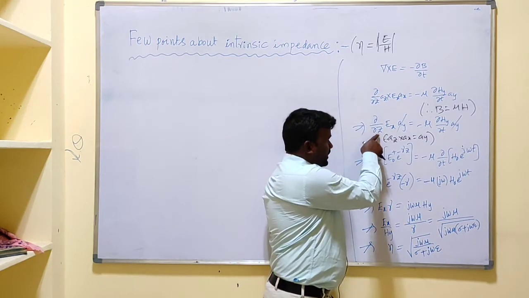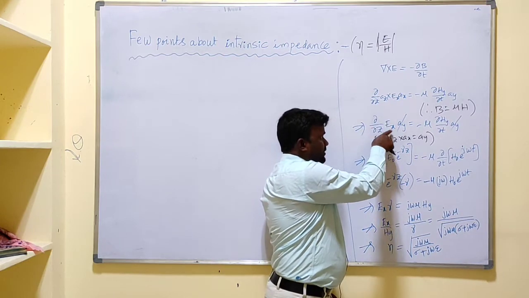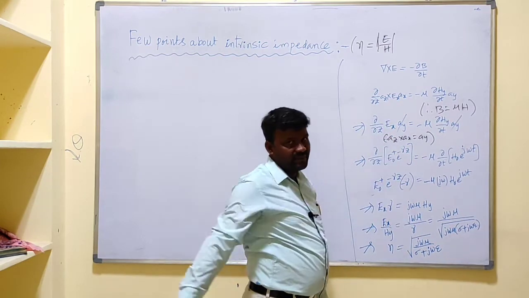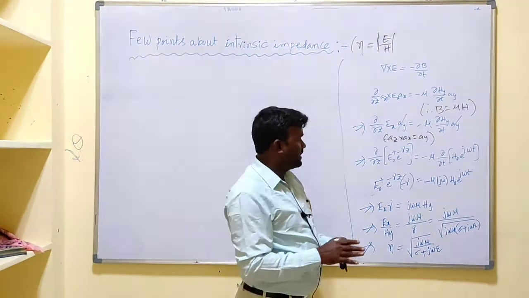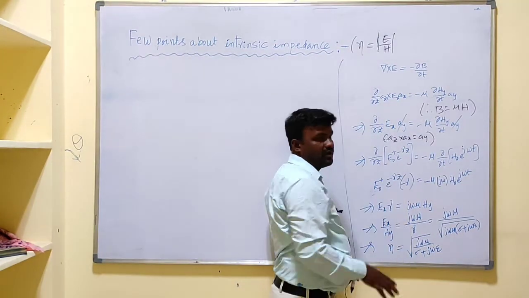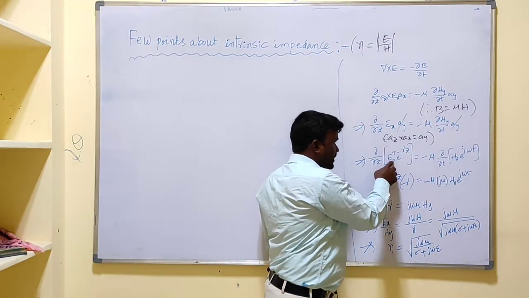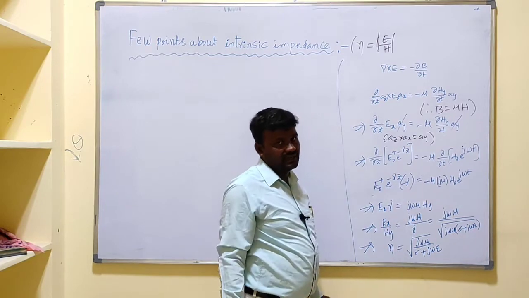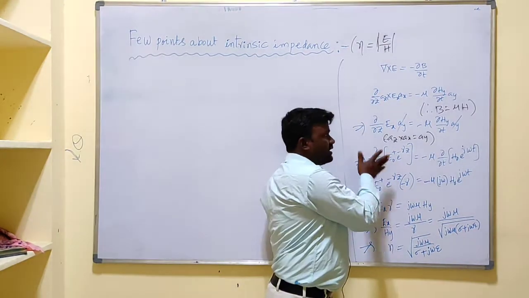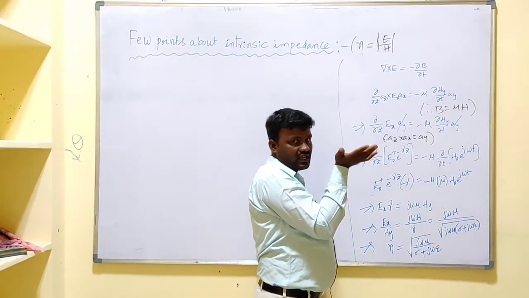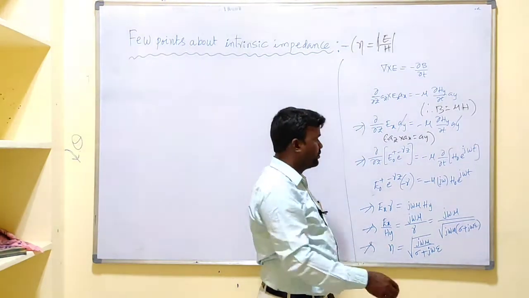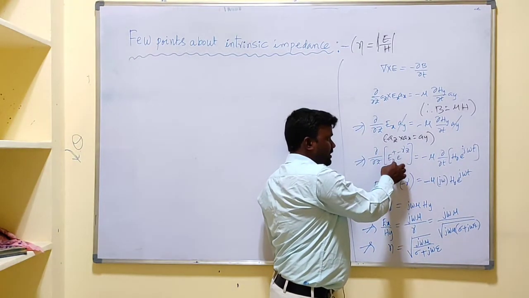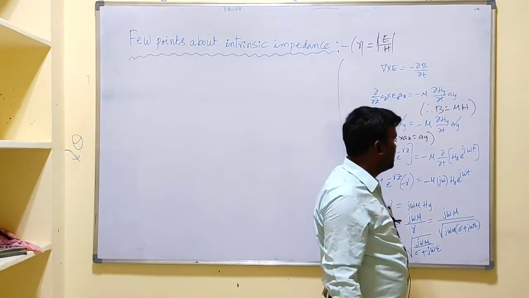And we need to take the variation of E with respect to z. That means, as the wave is traveling along the z direction, the solution of the wave equation is given by, for the forward wave, E naught plus e to the power minus gamma z. As we consider a traveling wave along the positive z direction, we need to consider only the forward wave like this, that is, E naught plus e to the power minus gamma z.